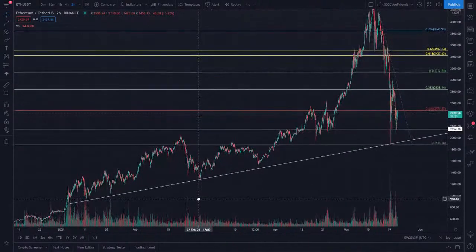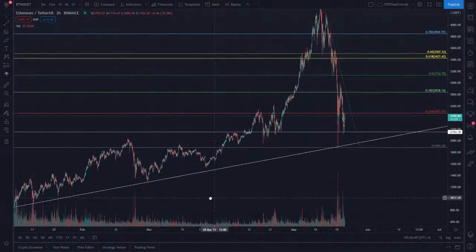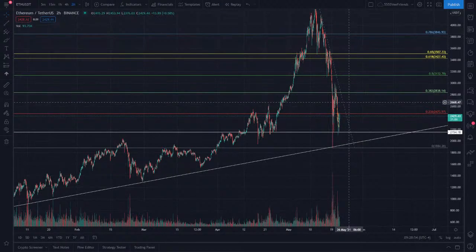But what we have here is some significant points. Obviously, in recent times, this drop-off, very significant, brought us from here to here, and I speak about this golden pocket quite a bit. But we can clearly see at this point in time where we are, we have a clear level of support. We're playing around here as resistance.